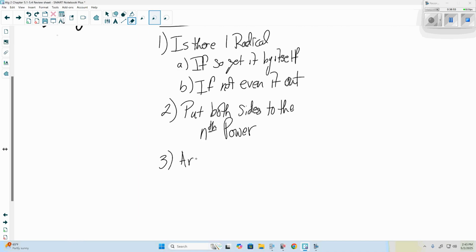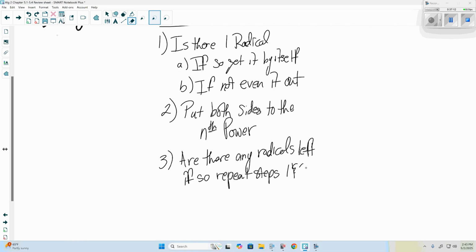Are there any radicals left? If so, repeat steps 1 and 2. Then our last step is to solve. But again, we'll do